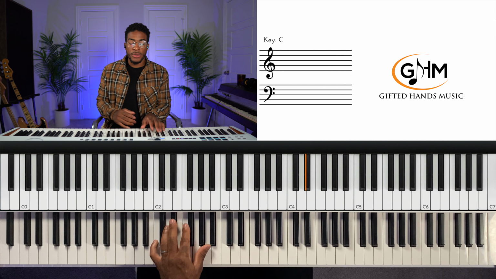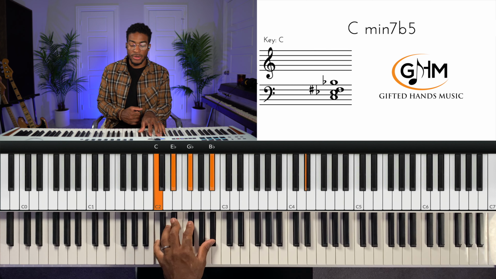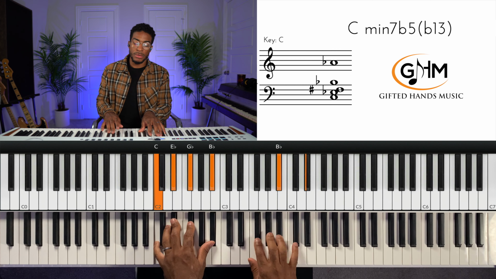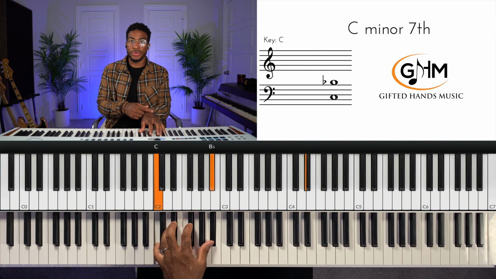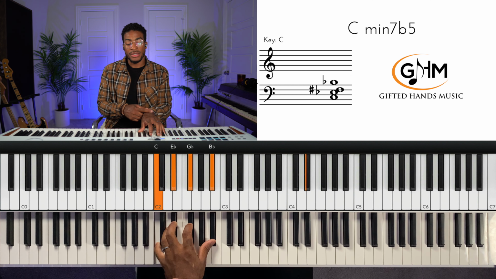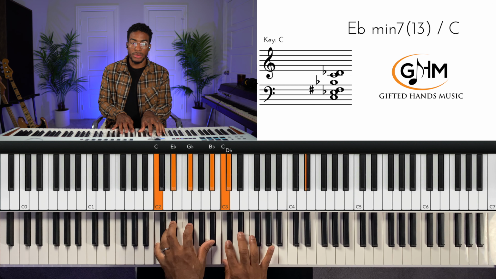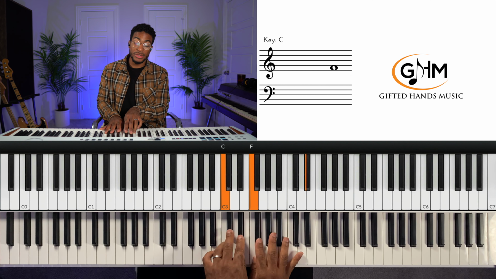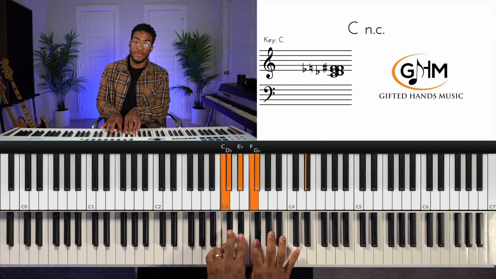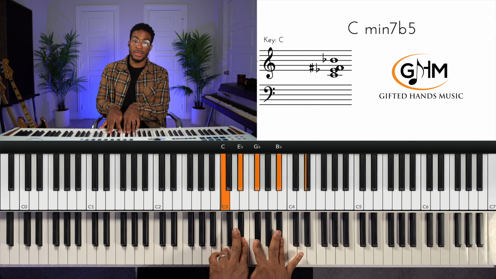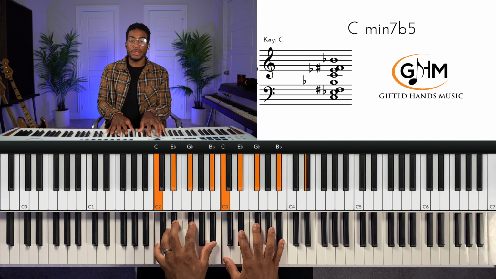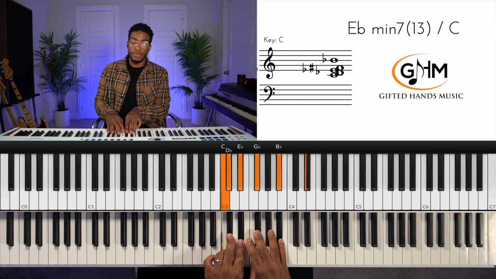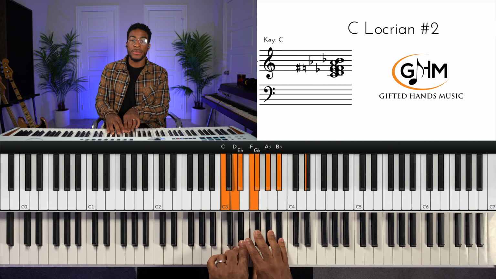And normally the Locrian mode is played over a half diminished chord, right? Half diminished. Why? Because our half diminished chord is root, minor 3rd, flat 5th, flat 7, right? Root, flat 3, flat 5, flat 7. And our Locrian mode has root, flat 2, flat 3, 4, flat 5, flat 6, flat 7. So it has the notes of our half diminished chord. So that works, right? But I like to alter it and play the Locrian mode with a sharp 2, or